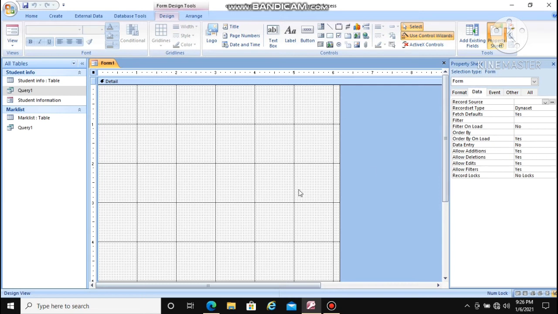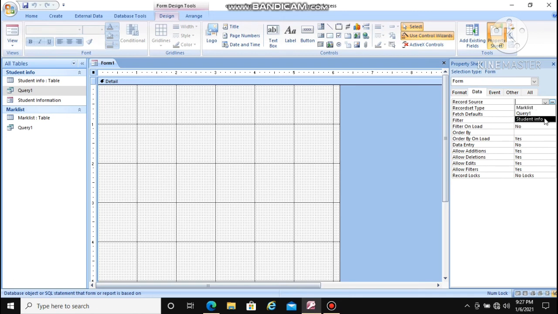The form is created, it's okay, you can design that, that is also okay, but the records whatever you are going to enter should be saved to a particular table, and for that you have to connect that table to this form. To do that you have to select data and then record source. Here you can see the small arrow